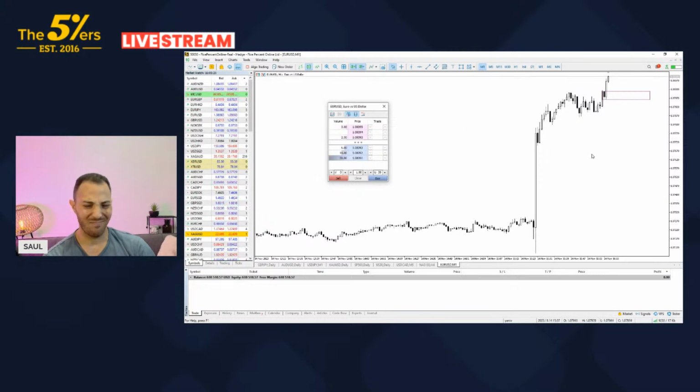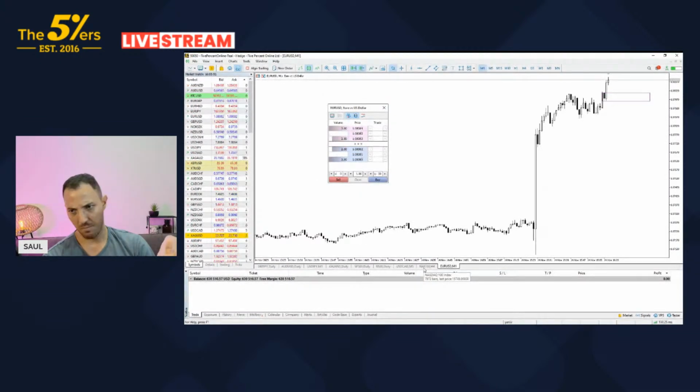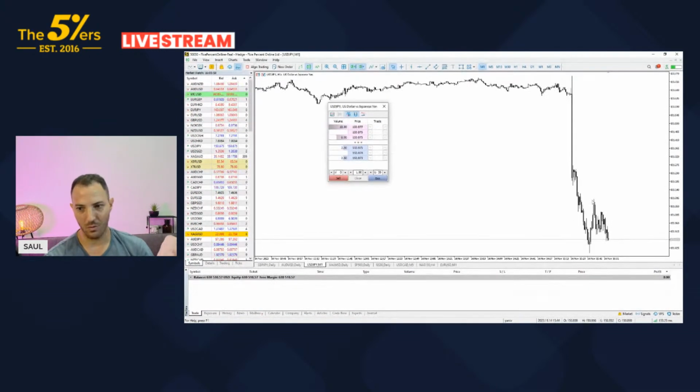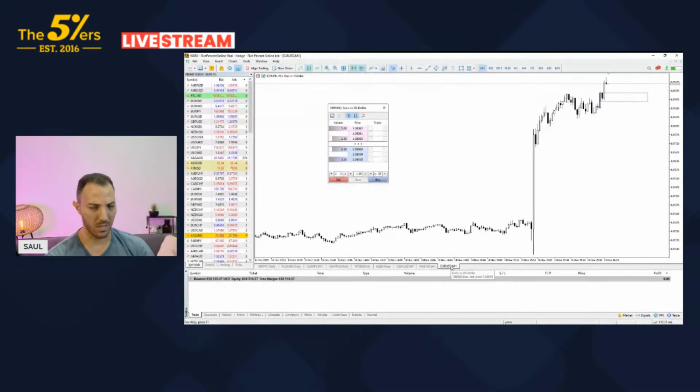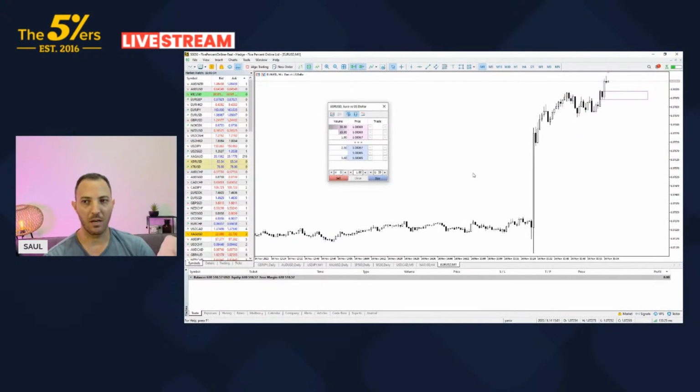So let's wait. The setup in this case is just any continuation pattern. Okay, pullback, breakout, whatever it's going to be, with continuation, because from this strong reaction and the continuation, I want to be aligned with that bias. So let's keep it a minute, and then if we scan the rest of the pairs, we can see a very similar movement across all the pairs. So I'll just stick to Euro USD, but we could be trading something similar today specifically, across all pairs.